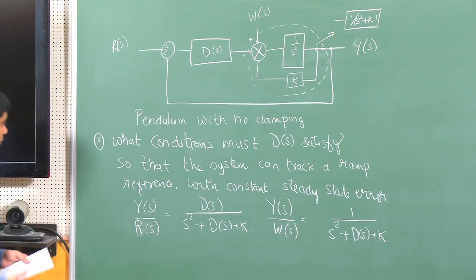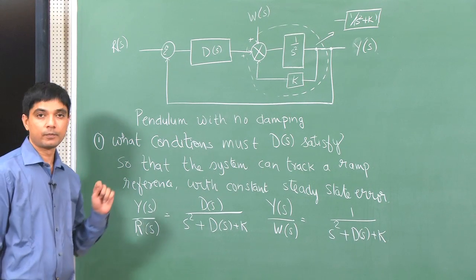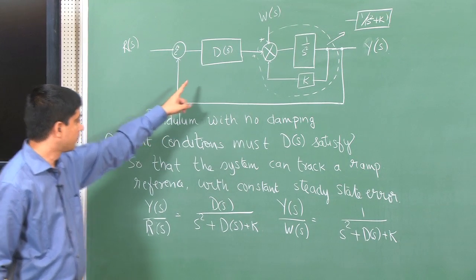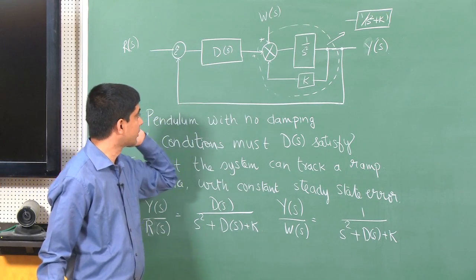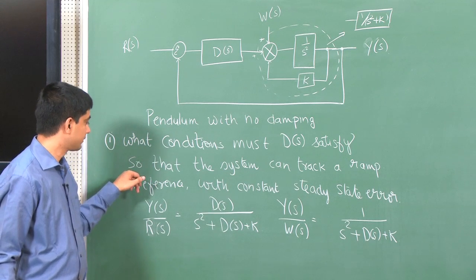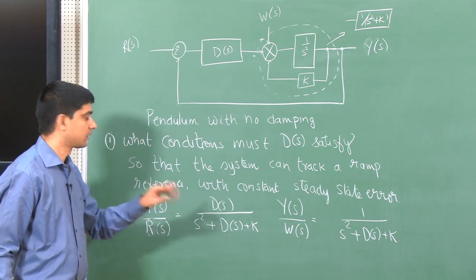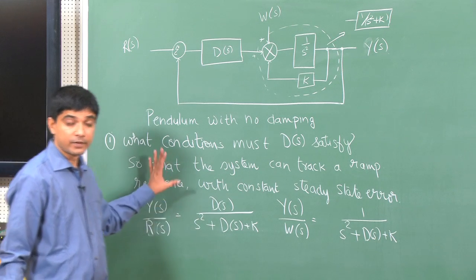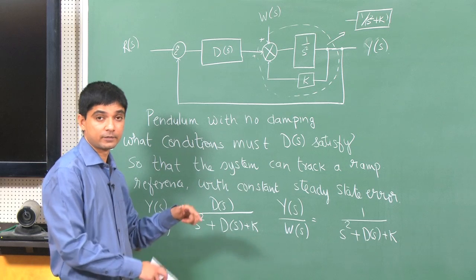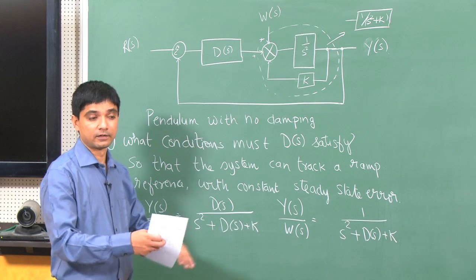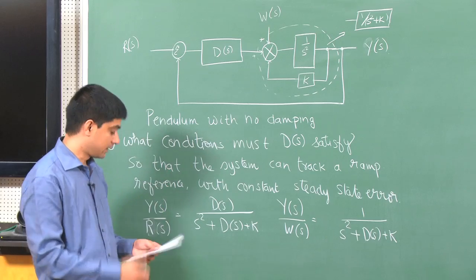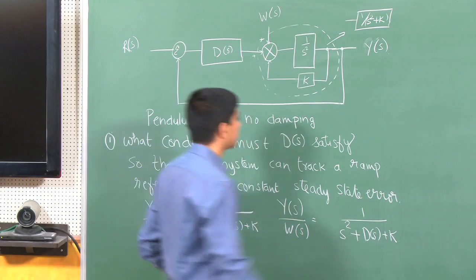Okay. Now, what does the problem require me to do? Well, it requires me to find the conditions on D, if not the exact nature of D, so that the system tracks a ramp with a constant steady state error. This is very similar to what we did while finding the error constants, right? A type 1 system can track a velocity, a ramp signal, with a certain steady state error, and so on. We had a little table for that, right? So okay, first thing is,